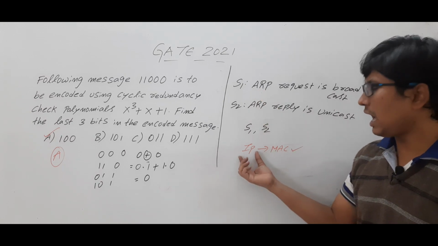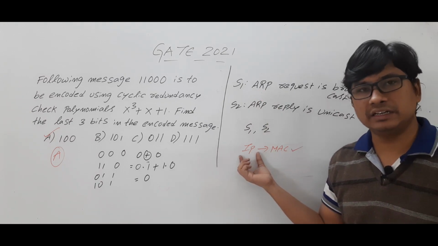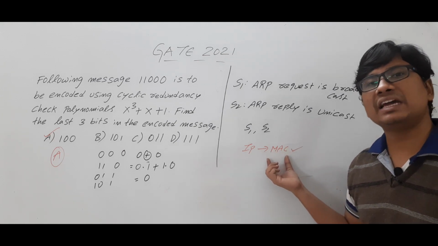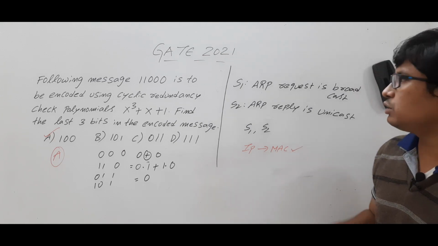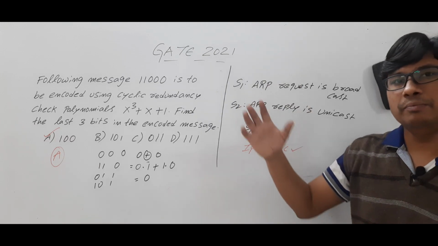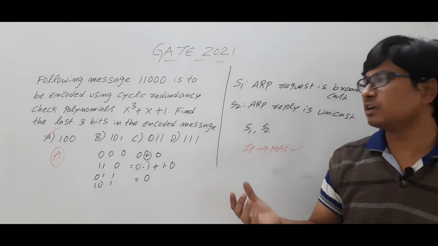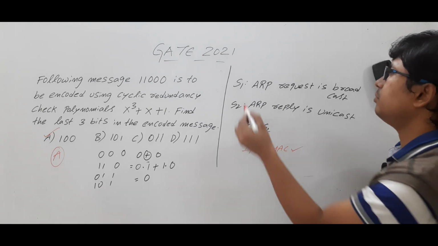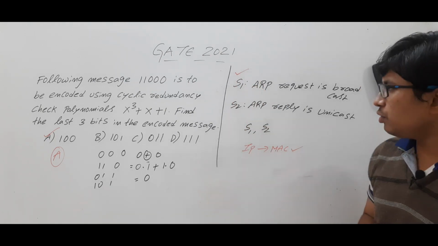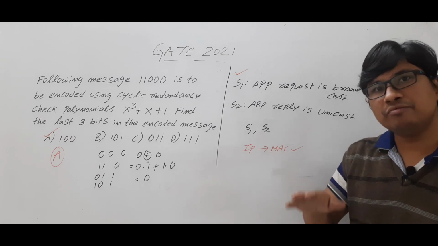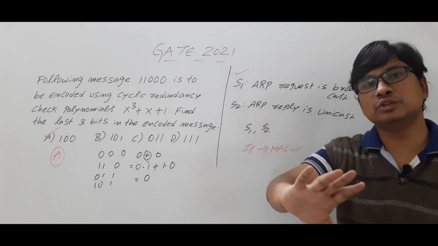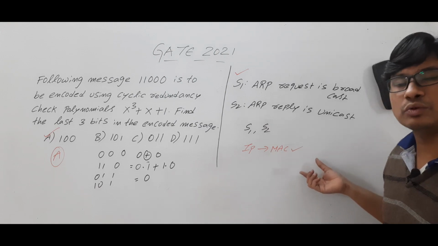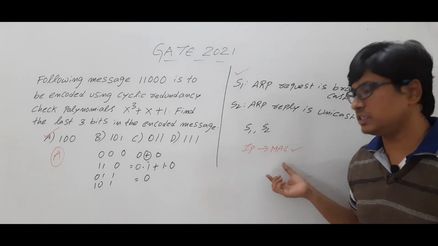Now, we have the destination IP address. Am I right? So we want to find the destination MAC address. So then what we will do, we will send the request message to everyone. We will send the ARP request packet to everyone. So that's why we will do the broadcasting. Now the reply will come from the destination only to the source in a unicast way, because the destination knows, okay, from this source I got the request, so I will send.